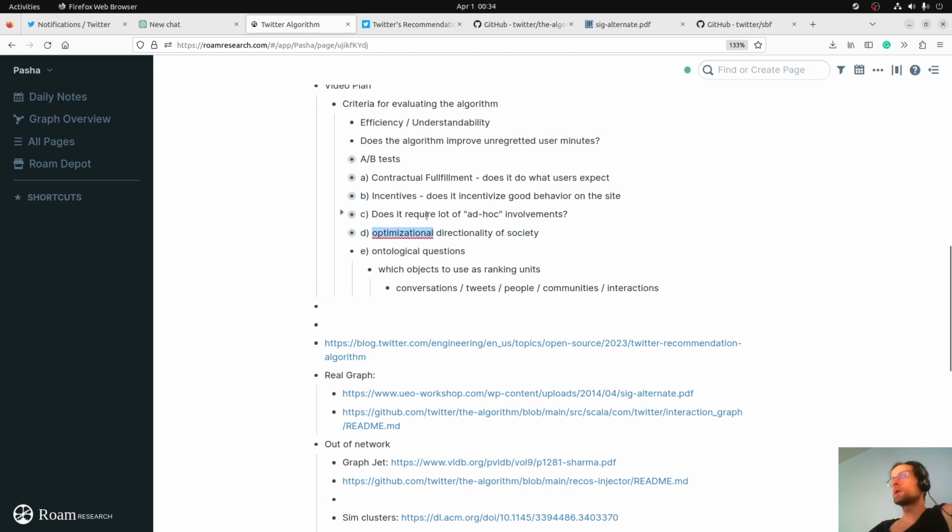So one sign of what makes a core algorithm good or bad is whether you need ad hoc improvements. There's a lot of talk about censorship, right? Some people want to censor other people on Twitter. To me, this is in some ways a failure of the algorithm, that it didn't properly separate people into camps where they don't see each other's info. If people are fighting for censorship of a local space that is jointly owned, maybe they shouldn't jointly own the space, maybe they should have their own spaces, and then the fight will subside. So to me, a big fight over censorship is in some sense a failure of properly